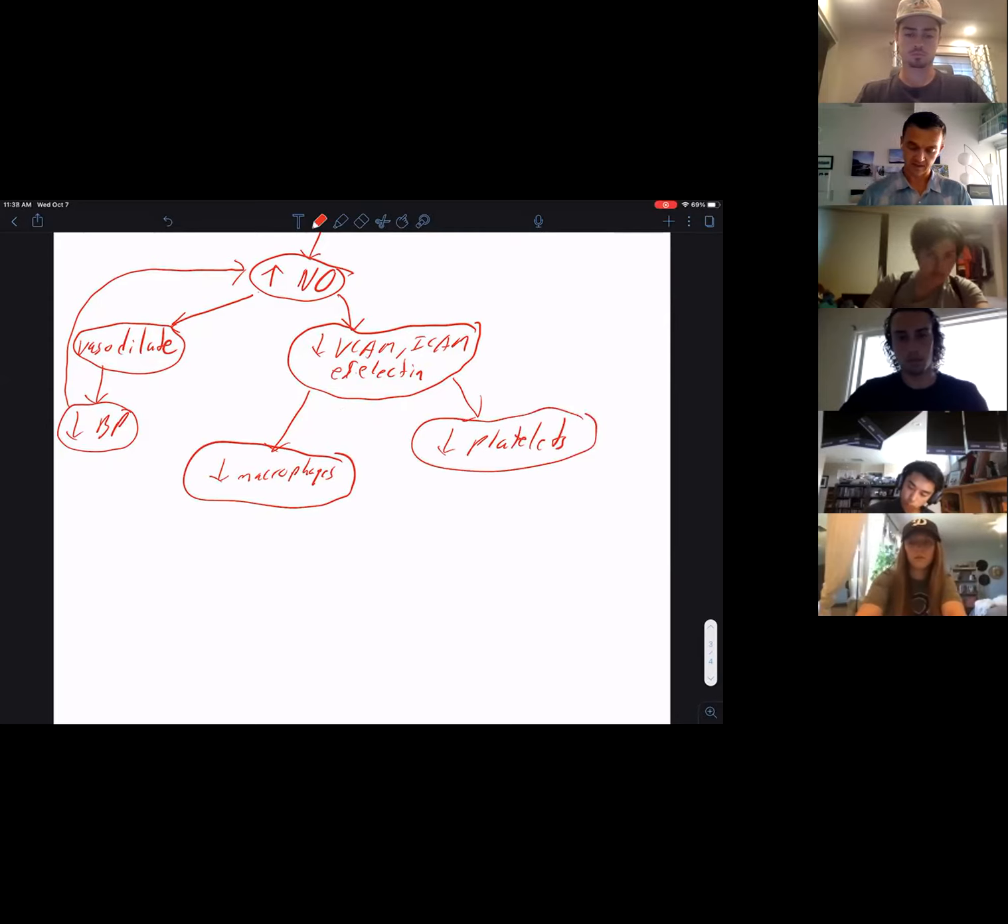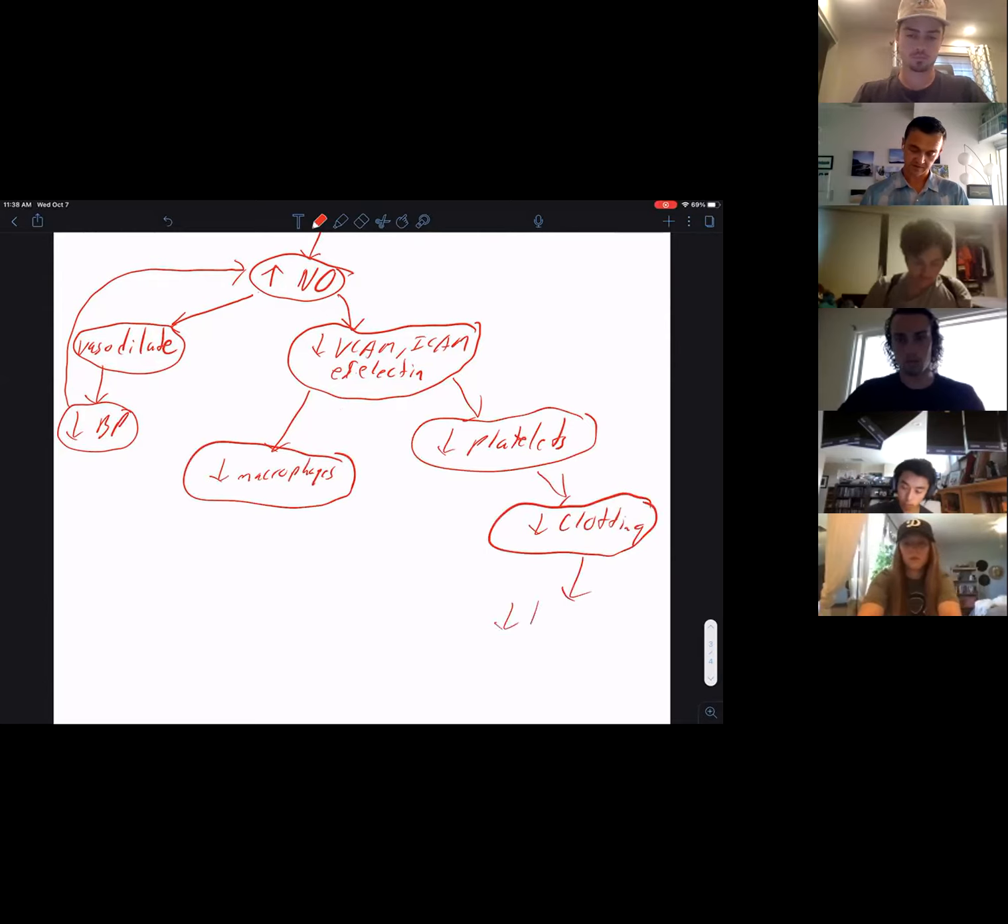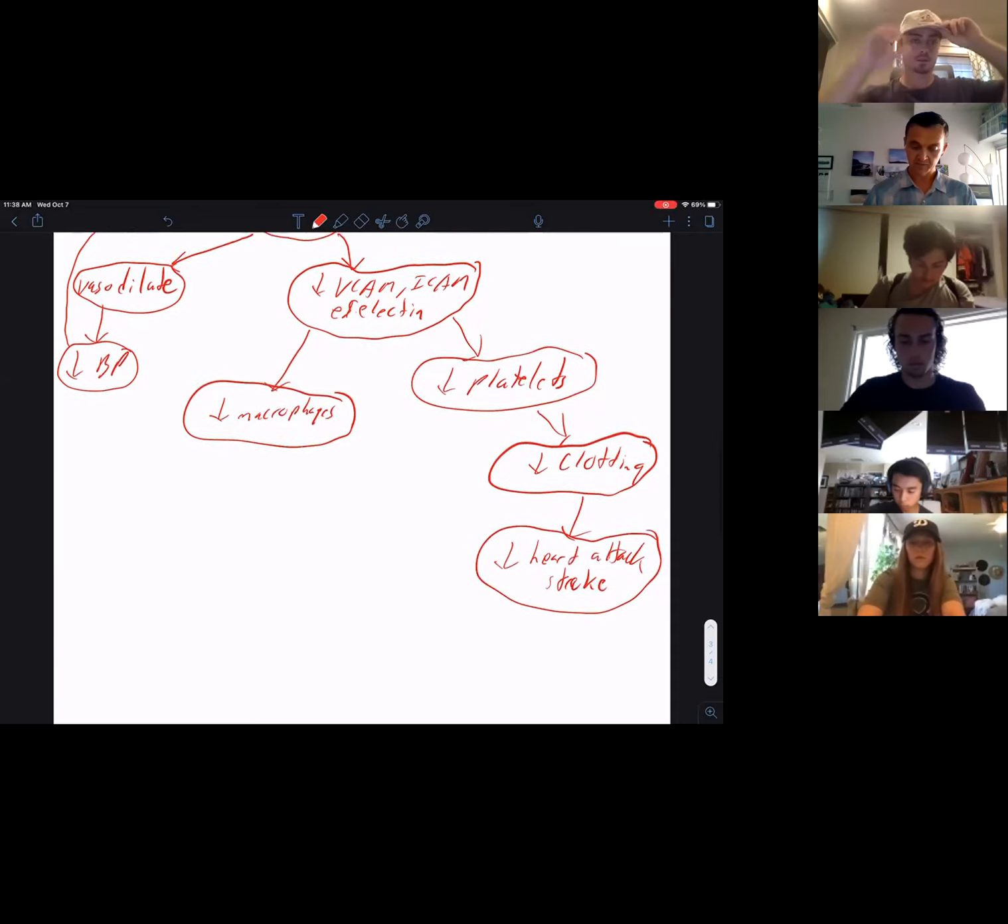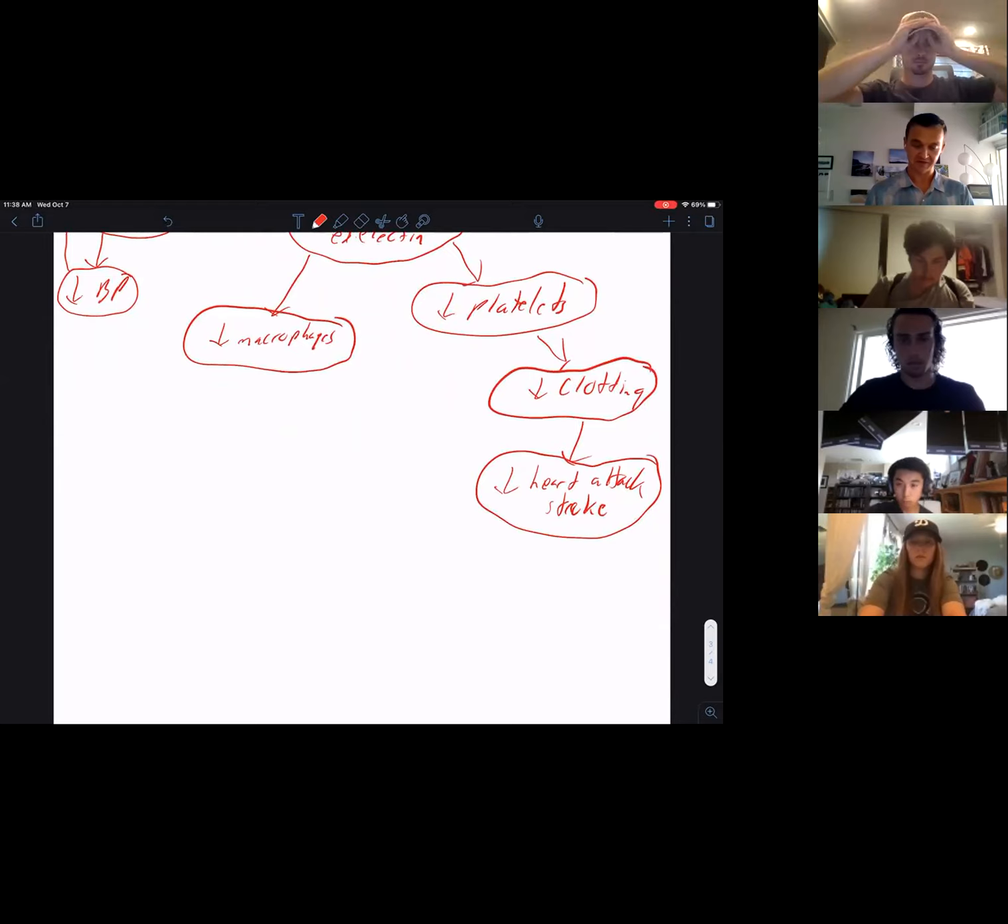Less platelets is the easier one to deal with, so we'll start there. That one directly decreases clotting. If we decrease clotting, we're going to decrease heart attack and stroke, because the clot at the end is really what causes it. So that's one line there, but this one in the middle is going to be much, much longer. If we decrease macrophages, we're going to decrease